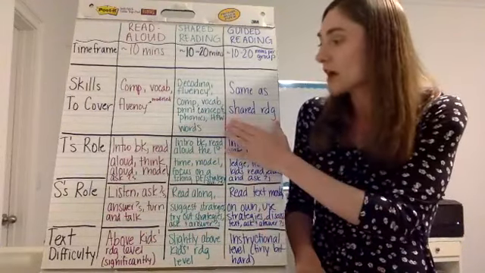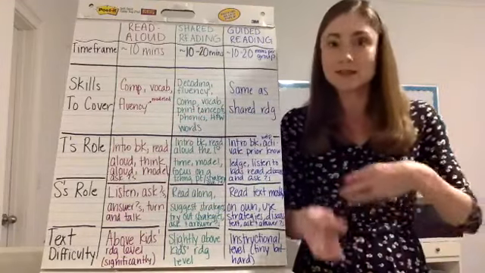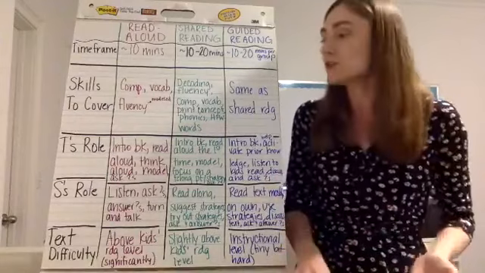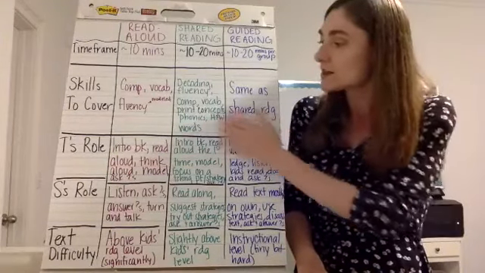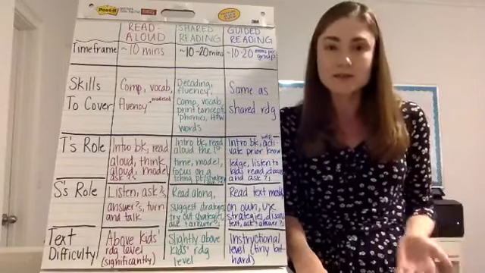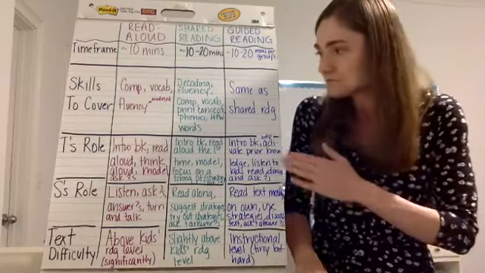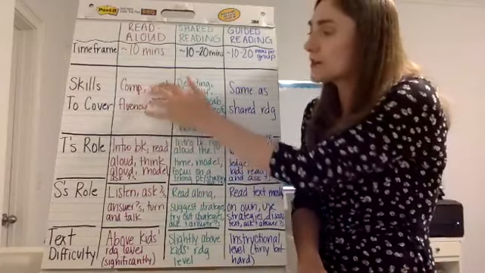And so this is the time when you can bring in, oh, we talked about this strategy in shared reading. Like, this is a good place for you to apply it. So it's basically the same kinds of skills, but you're just giving them a little bit less guidance, if that makes sense. When we think about gradual release of responsibility, you know, you're modeling most of the stuff in the